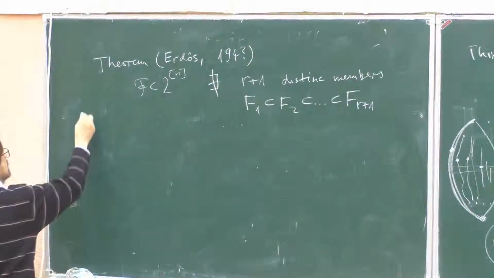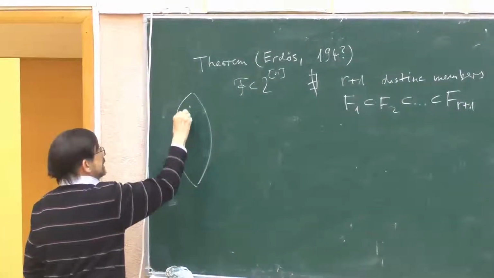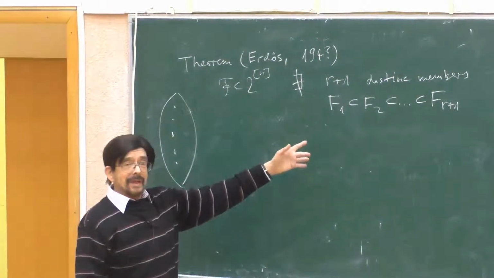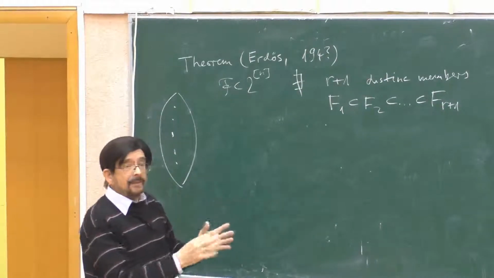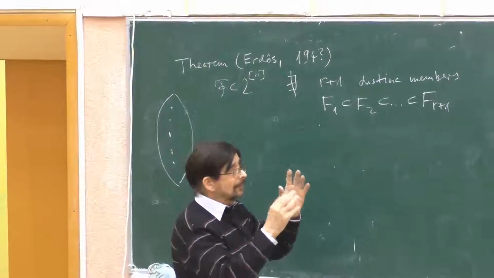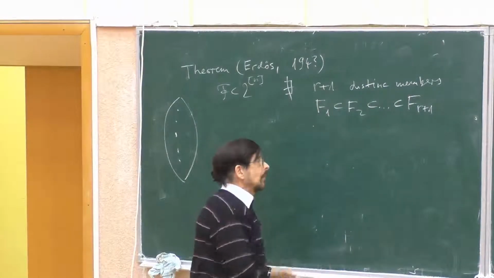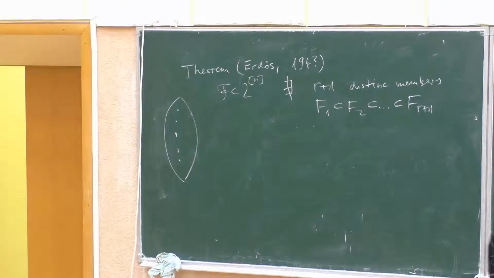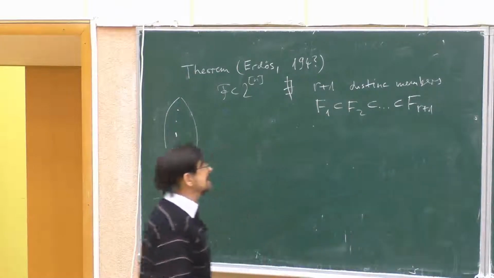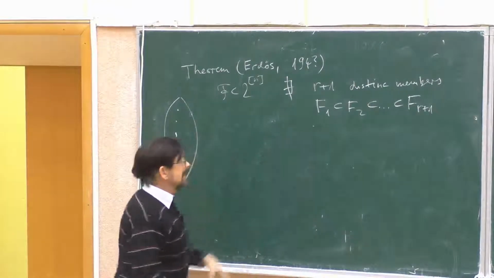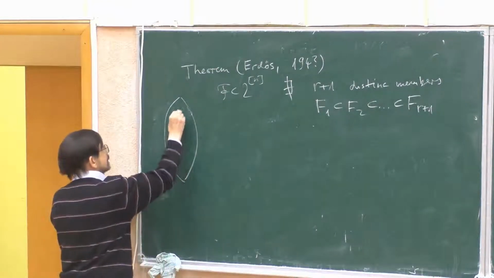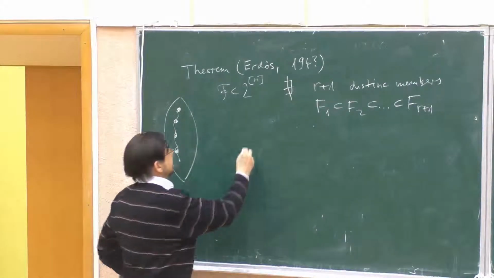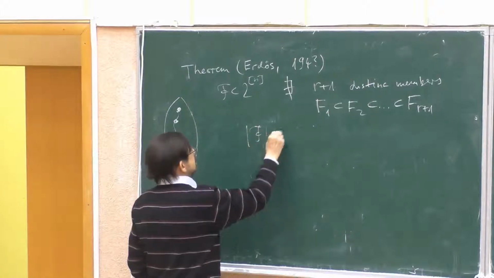So the condition is now that it's a chain again, but it's a different chain because they don't have to be neighboring. So we had the full chain, and it went all through, and then we had the symmetric chain. They are neighboring, but not all sizes. And here, what we forbid is a chain like that. So there are holes. So if this is forbidden, then F is at most